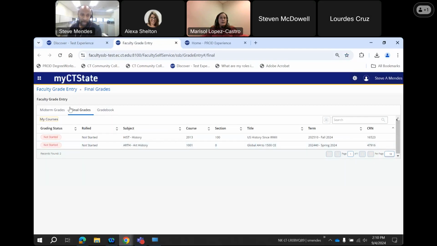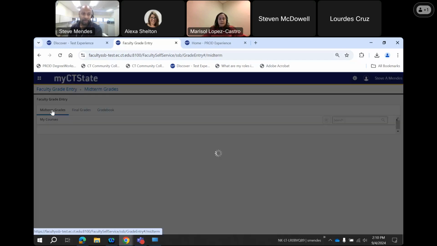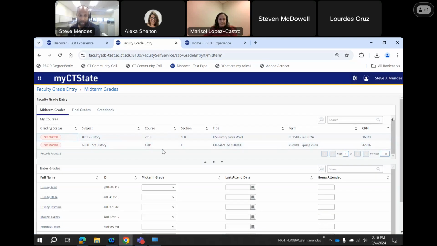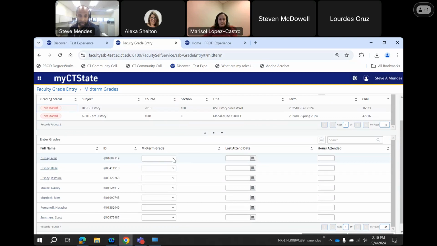If you notice here at the top, it defaults to final grades, but for the NP notation, you want to make sure you're in the midterm grades field. So you're going to click on midterm grades first. You'll still get this listing of courses. You can click on this not started area. It could also say in progress or completed, depending on where you are in the process. All right, if I scroll down here a little bit, I can click on midterm grades, and what I'll do is I'll just go through a few. I'll randomly put some in just so you can see how it works.